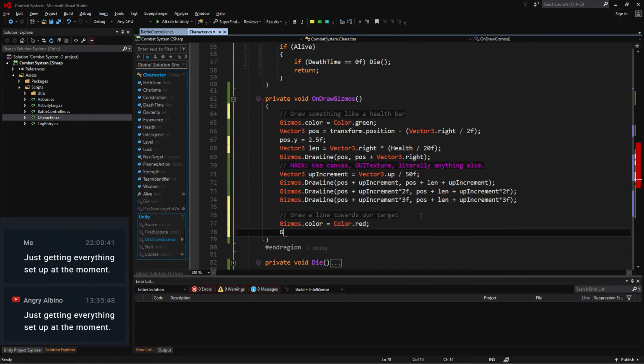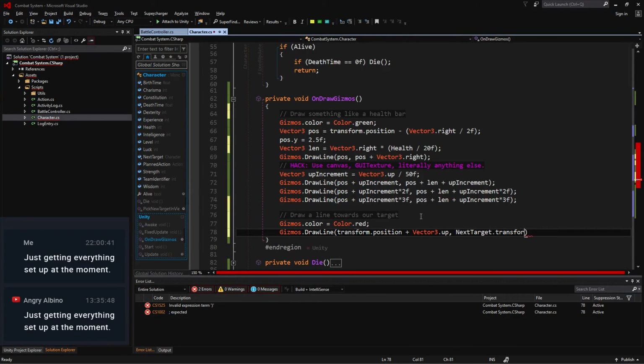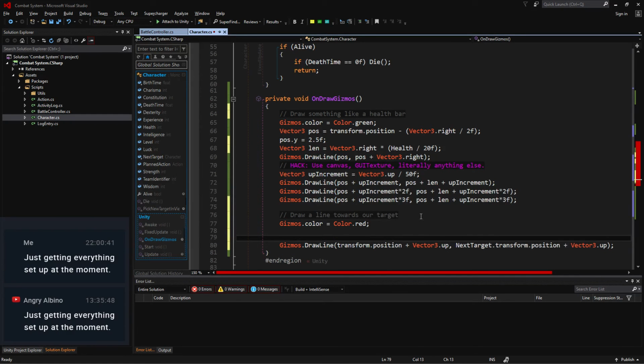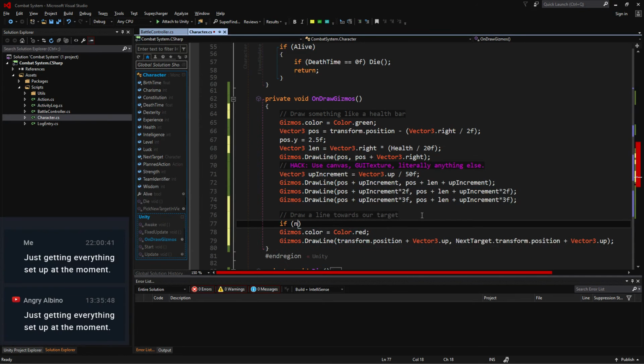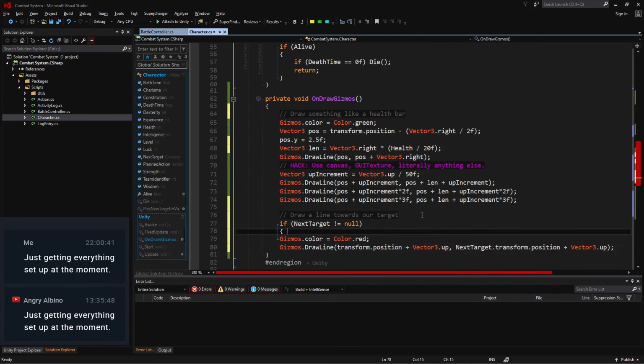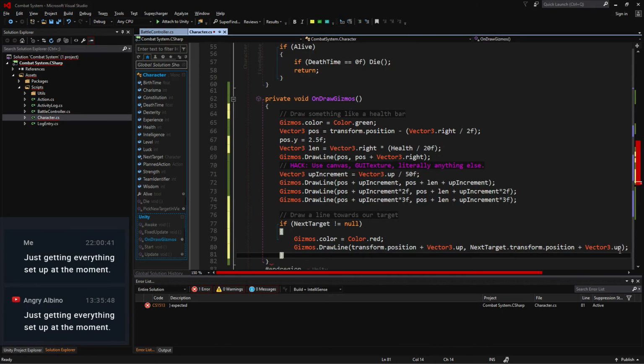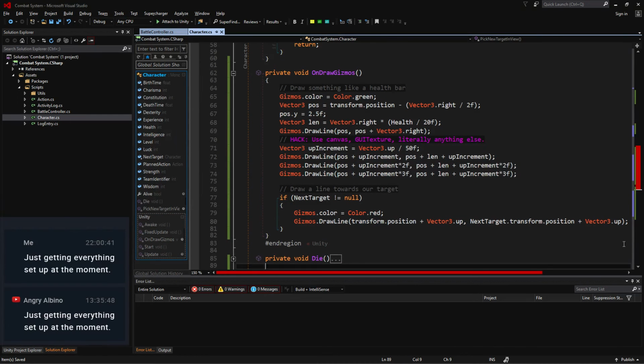And the way this works is that gizmos draw a line from us to our target. There we go. The one thing that we're going to say is that we need a target. So if next target is not null, then run this code. Now if we go over to Unity,